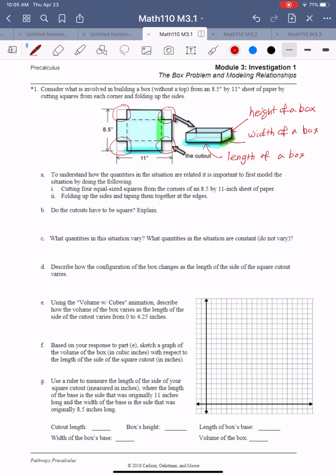So to understand how the quantities in the situation are related, it is important to explore the situation by doing the following. Number 1, cutting 4 equal-sized squares from the corners of an 8.5 by 11 inch sheet of paper, and then folding up the sides and taping them together at the edges to make the three-dimensional box. Do the cutouts have to be squares? I want to say yes,